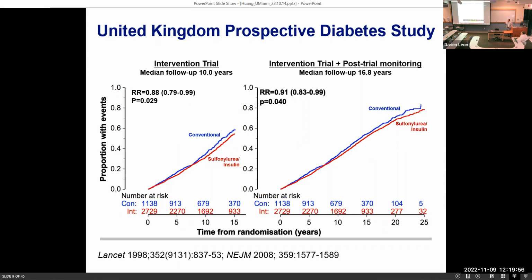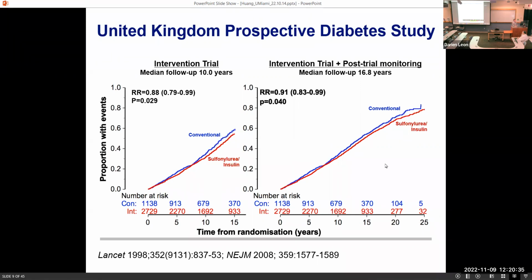So this is what happens to a patient who achieves intensive glucose control in the first 10 years of their diabetes. On the left side of this figure, you can see that during the course of the trial, patients had to live 9 years before there was any separation of event curves. The events were basically microvascular events: progression of kidney disease, early eye disease, and neuropathy. But at that point, the cumulative event curves separate. So it takes 9 years at the start of diabetes management to see any benefit of intensive glucose lowering.